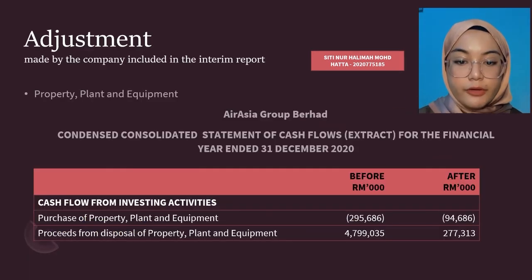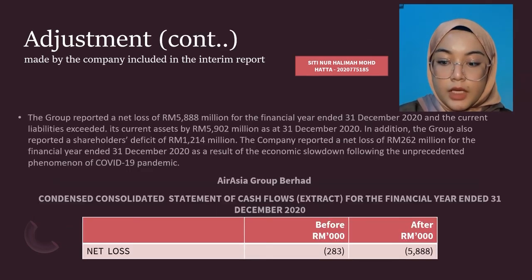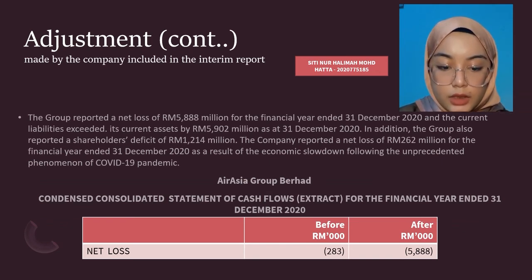For the last part of the presentation, we will make two adjustments. One of them is from property, plant and equipment, PPE, where AZHARUDIN purchased PPE in 2020 amounting to 94,686,000, together with the proceeds from disposal of PPE amounting to 277,313,000. The second adjustment is about the net loss of AZHARUDIN for the financial year ended 31st December 2020, where there is